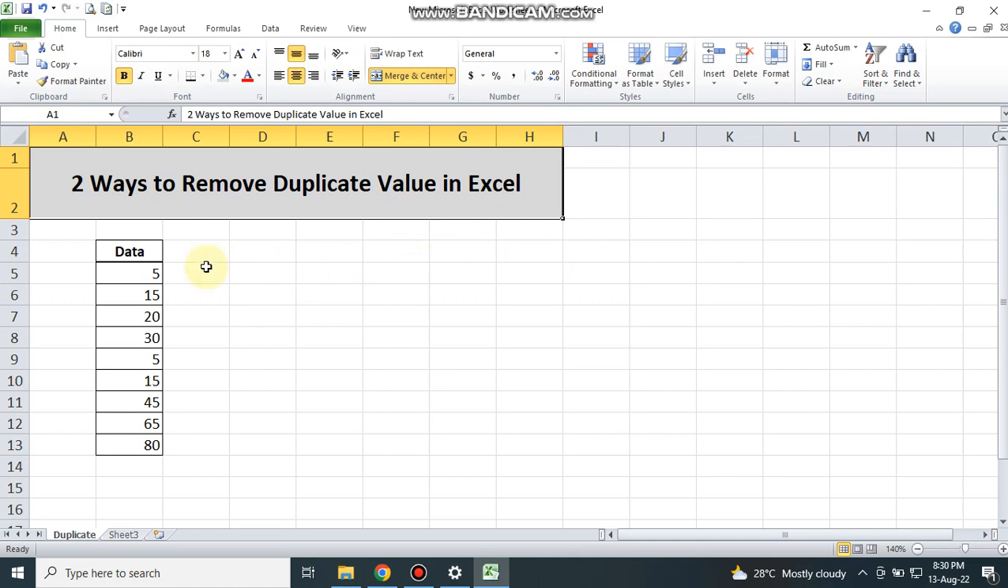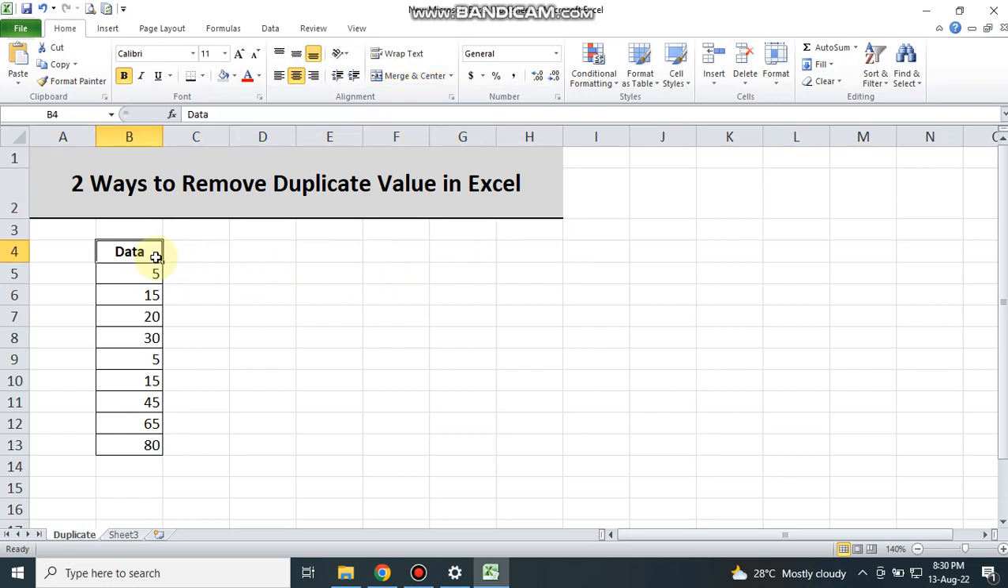Let's start. This is our data: 5, 15, 20, 30. Then again repeat 5, 15. Then 45, 65 and 80. How do we know which are duplicate values? Here we see 5 and 15, then 5 and 15 again. This is duplicate. If we have a range of data, we just click the range,